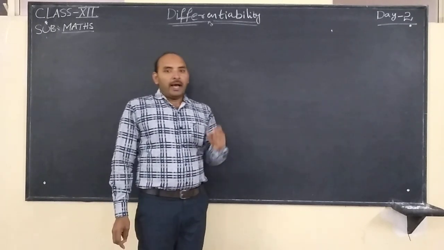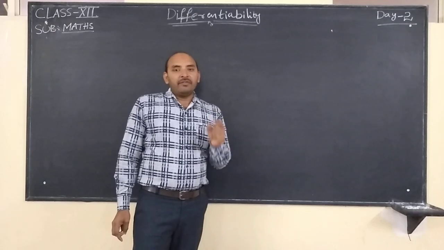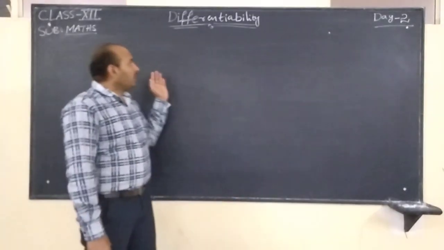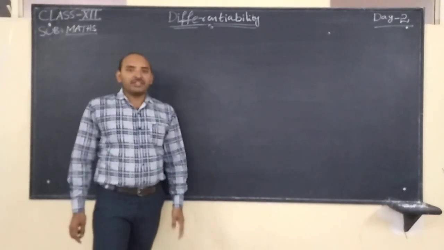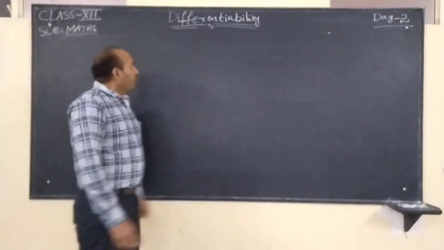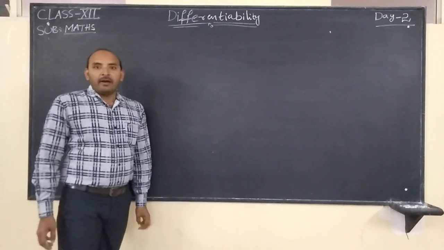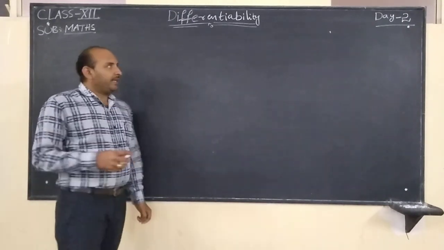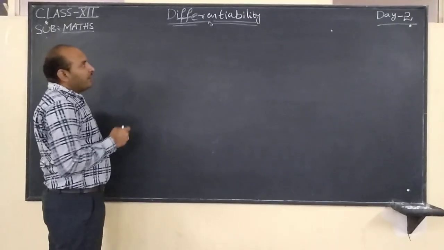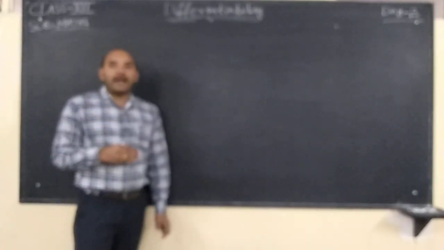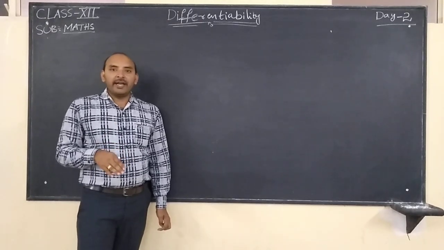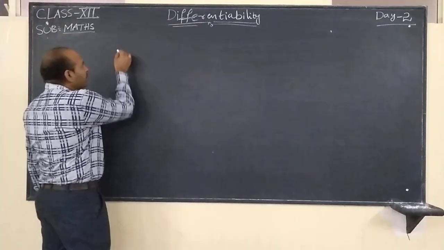Now I repeat once again, the definition of differentiability. Differentiation is the process of finding the derivative of a function. Then y is equal to f of x is a function differentiable at the given point C. To find out the differentiability, if the left derivative and the right derivative are equal, then we say the function is differentiable at the point. Left derivative means what?